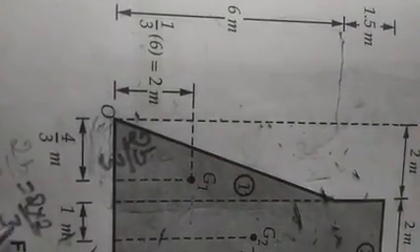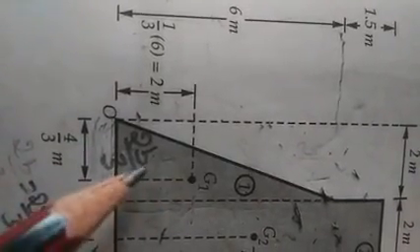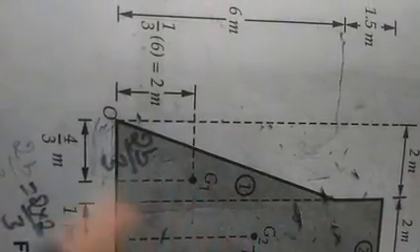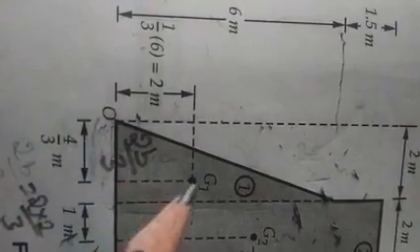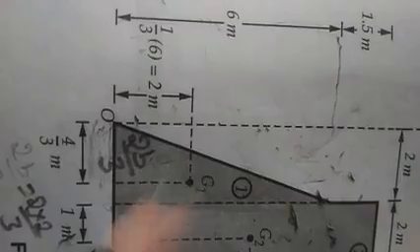So it will become 4 by 3. So that's what is written here. Okay, the centroid will be 4 by 3. So the centroid of this right angle triangle is at 4 by 3 and 2 meter. Okay, this is only for this section, the area of section 1.